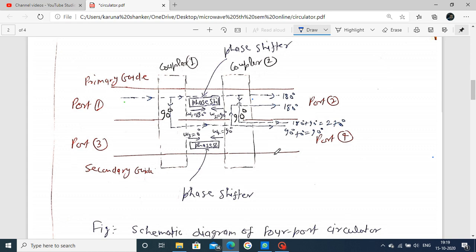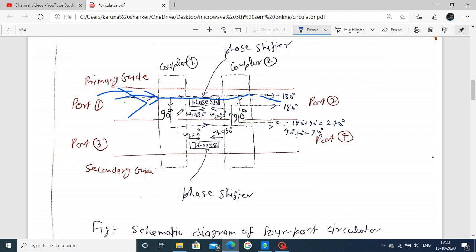Now we go to the working or operation of the circulator. We consider when we apply port 1 as an input and observe the output. First, consider port 1 applied as an input. Observe how the wave moves inside the circulator. When we apply it, what happens? The wave propagates through this direction and moves here.